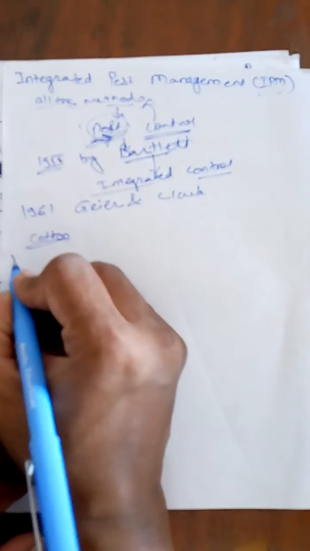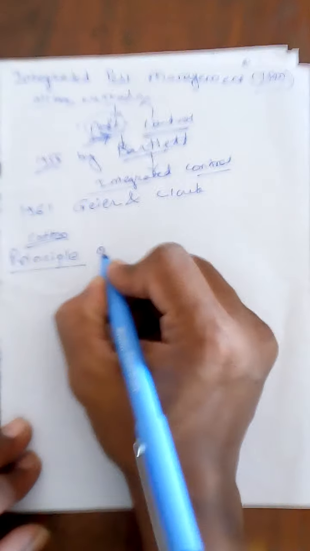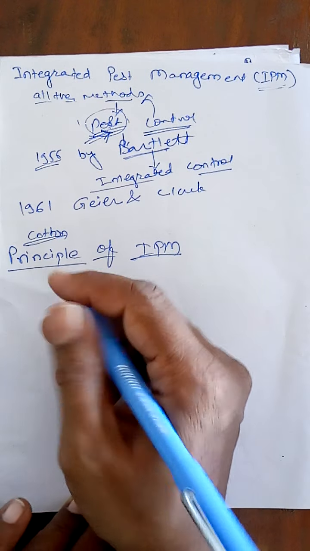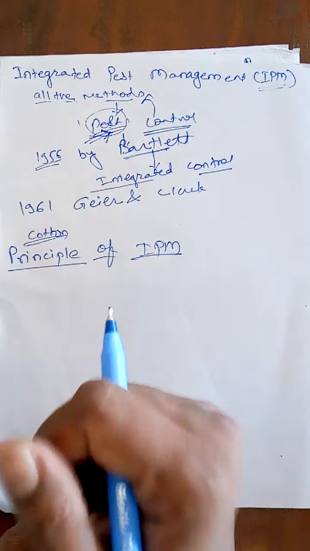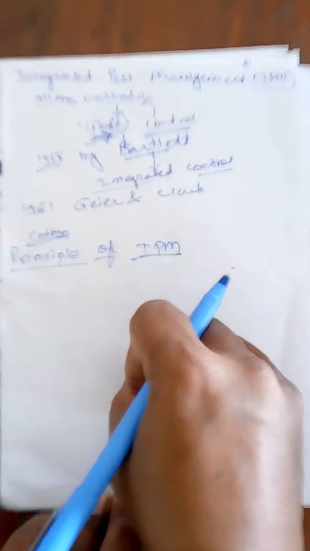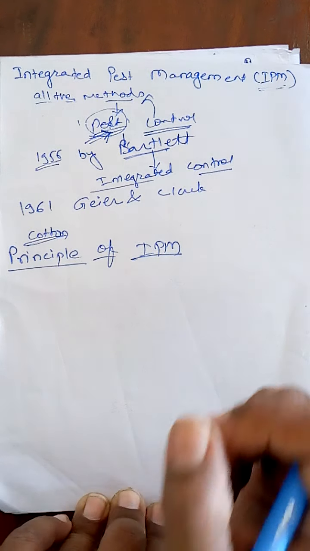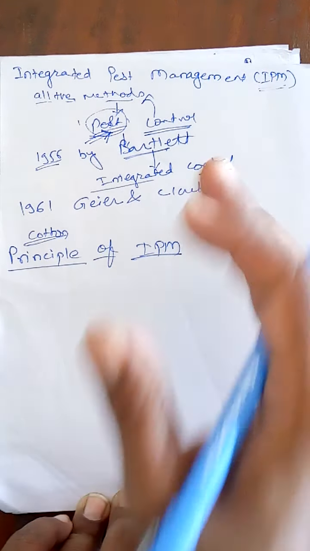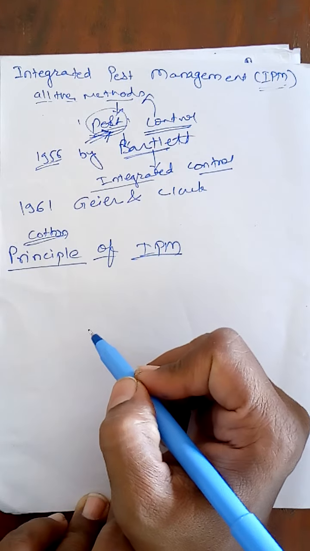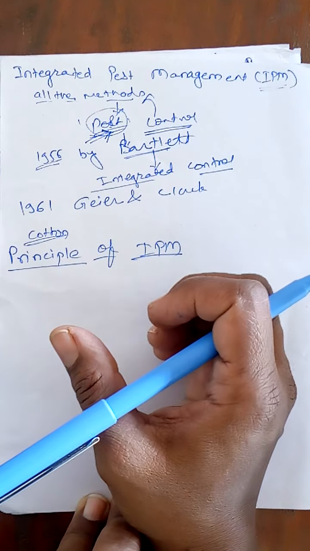Okay, so there are some principles of integrated pest management. Which are those principles? The pest control should be developed and applied in the total environment, and the pest populations should be managed in such a manner that the existing limiting and regulatory factors are exploited to the fullest extent possible, without disturbing the regulation of other pests. So when we are using the integrated pest management system, without disturbing the environment too much, we are going to control the pest